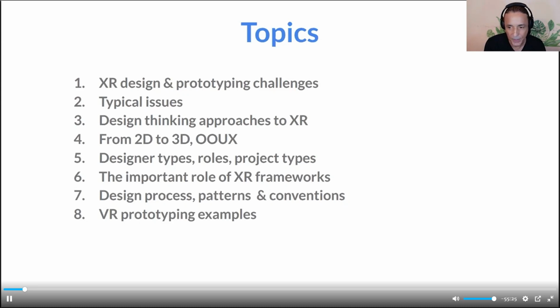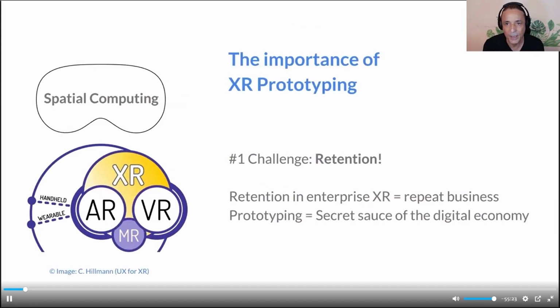Before we get into that, I want to quickly go over the importance of XR prototyping. As you know, prototyping is important as part of the UX design process. It's important for any digital product, but in XR and especially VR, we have some pretty serious problems because it's a young industry. It's still evolving, still an emerging industry. So we are dealing with quite a number of problems. One of the